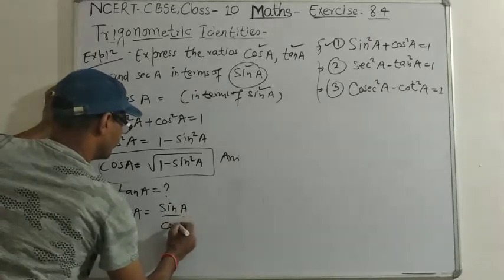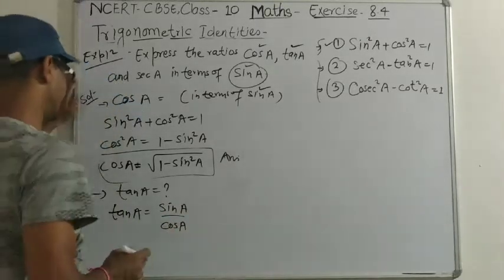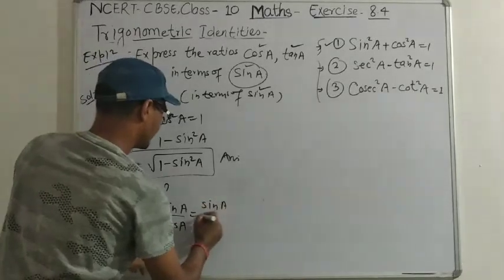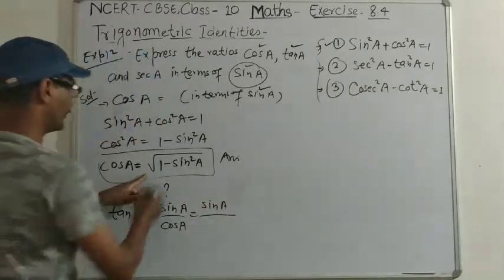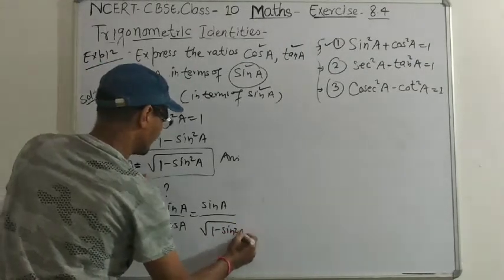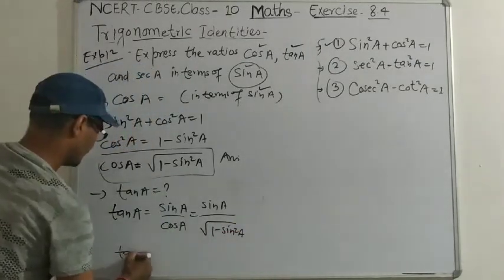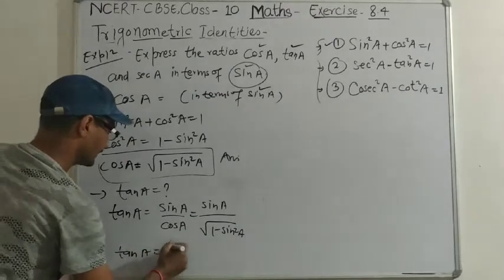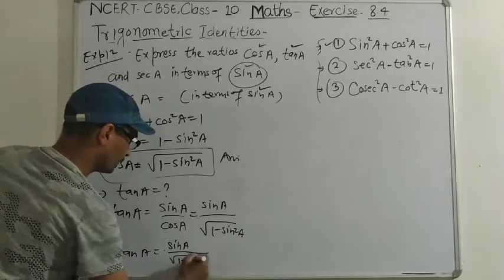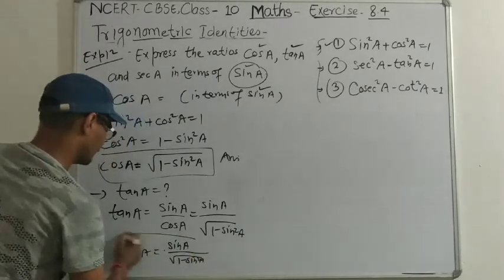It is a formula. In previous exercises you have done this. Sin a by cos a, and here cos a we already found, root over 1 minus sin square a. So tan a can be written as sin a by root over 1 minus sin square a. So it is the